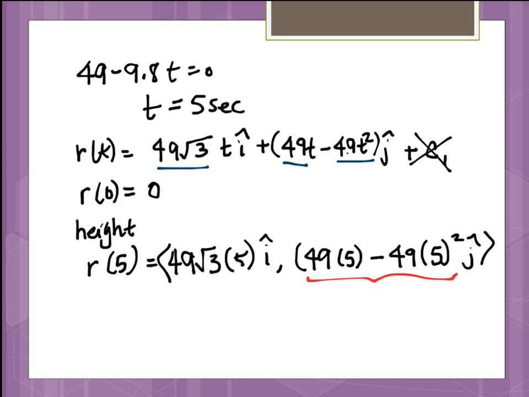This piece right here is my height. So that's the piece I care about evaluating. The other piece is inconsequential to the question. All right, so what happens when we plug in 5 into the 49 times 5 minus 4.9 times 5 squared? What do you get